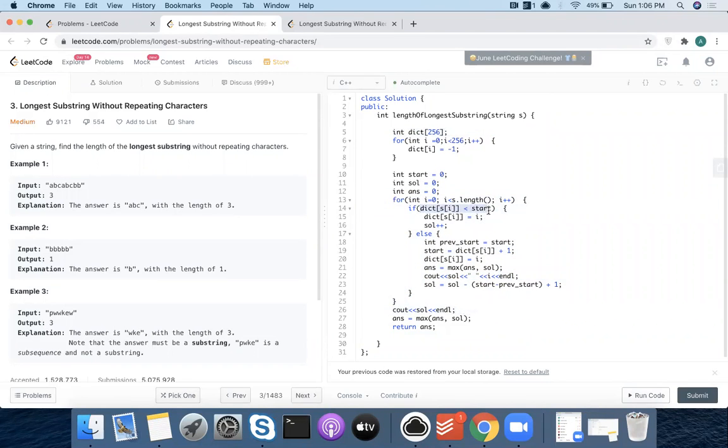So this is the step which I was talking about. I check every character, whether it is occurring in the dictionary or not. By default, every character in the dictionary has a position of -1, which will always be less than start. If you use a hash map, you will have to take care of whether you have found it or not; all of those checks have to be there. In my case, I initialize every character with position -1 and just check whether the position of that character is less than start or not. That's all I'm concerned with. If it is less than start, I don't need to worry. I update my hash map and increase the solution count.